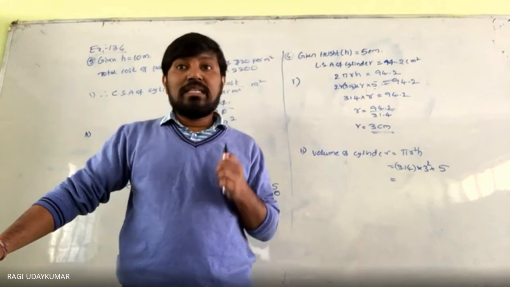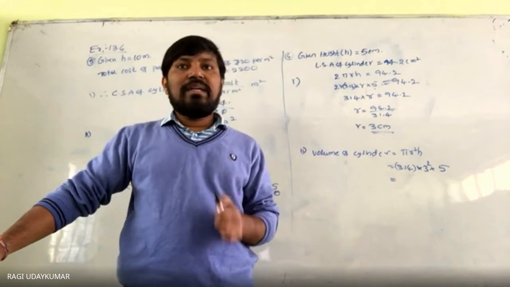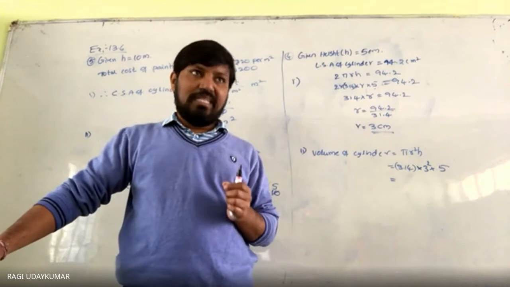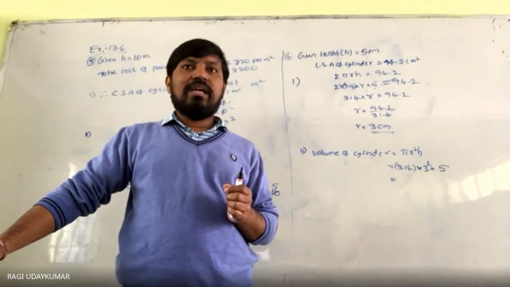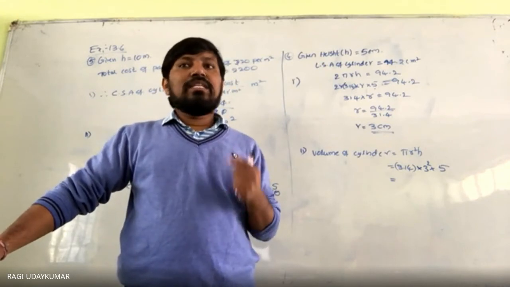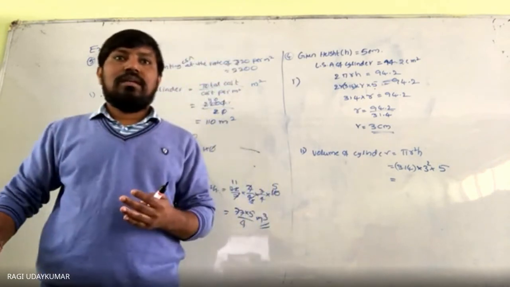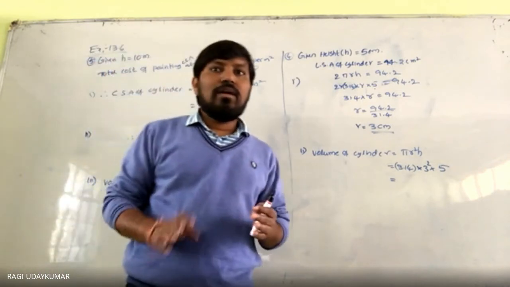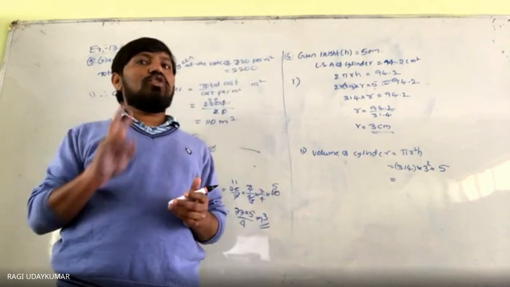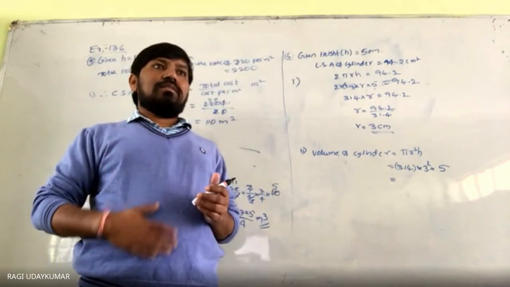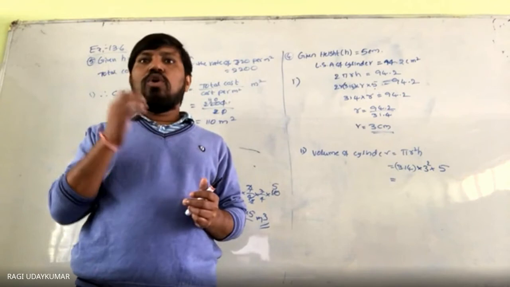The diameter of the pencil is 7 millimeters and the diameter of the graphite is 1 millimeter. The length of the pencil is 14 centimeters. Find the volume of the wood and that of the graphite. You have to find both and add them together. First, you have to do the wood.